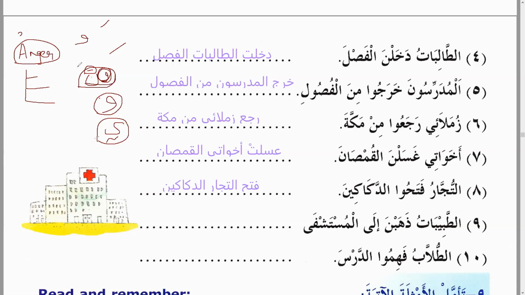Similarly, this is also marfu. This is secondary. The actual marfu sign is a dhamma, but not all things take dhamma. So it takes a waw. Una. Similarly, here it was actually dakakuna, like Muslimuna and so on. And because this is the object, this waw will change into dakakina. Inshallah.